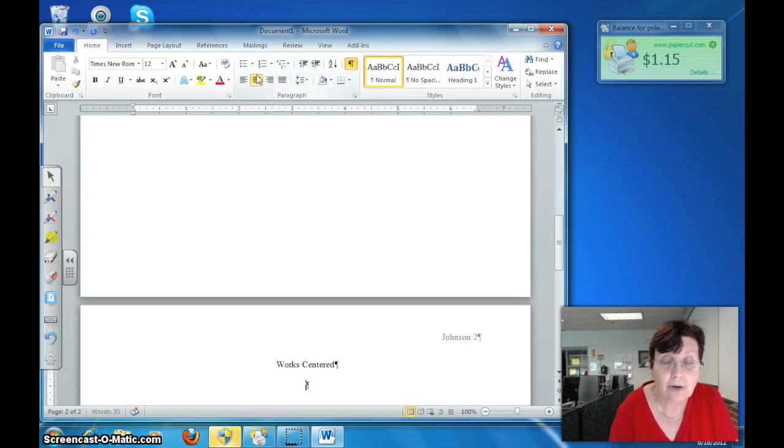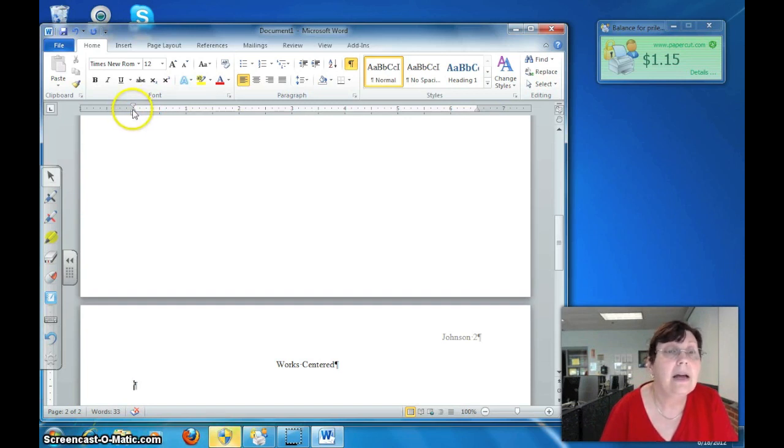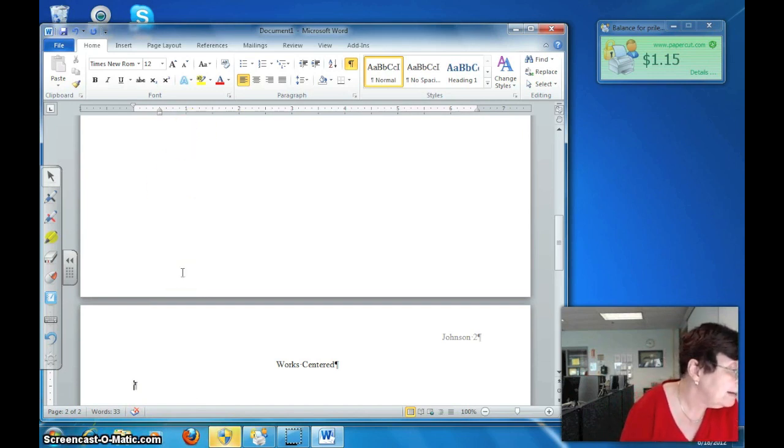Now I hit enter, then I go back to the left margin using my left justification button. Now for the Works Cited, instead of you having the first line indent, you have a hanging indent. That means the second and every succeeding line is indented. So we want to use the triangle that's pointing up, the hanging indent button, and we're going to move it over to 1/2. Now then, when we type our Works Cited,